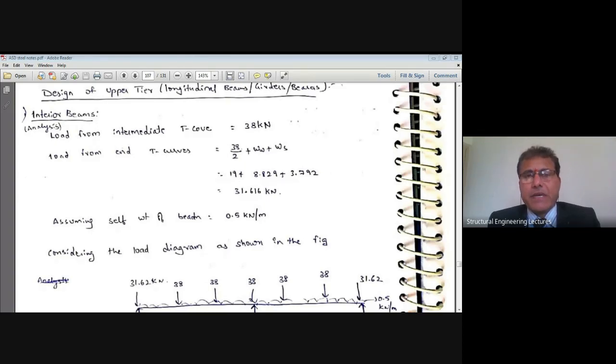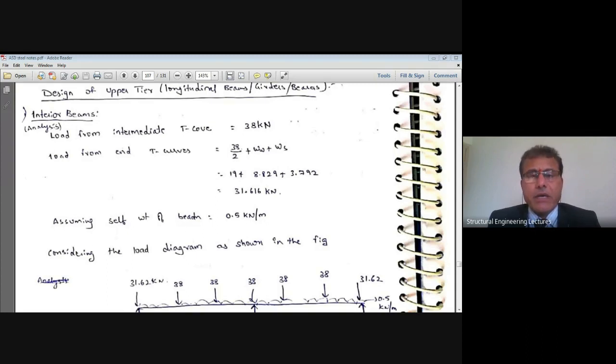In the previous class, as part of the designs, we started a numeric problem wherein we fixed the geometry and saw the designs of the plate and stiffeners. Now, in this part of the discussions, we'll see further designs of the tank. The next part we shall see is the design of staging.